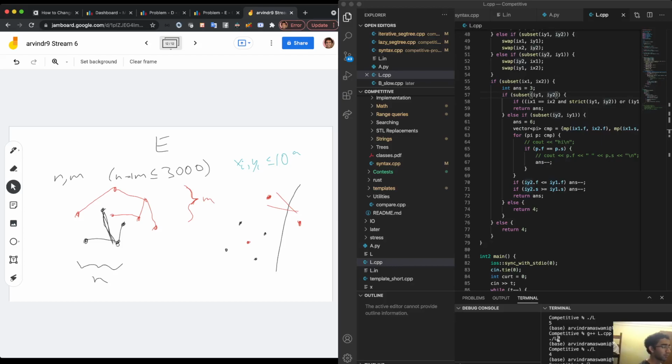Something's making me wonder if there's some kind of bipartite problem, just because there's two sets, but